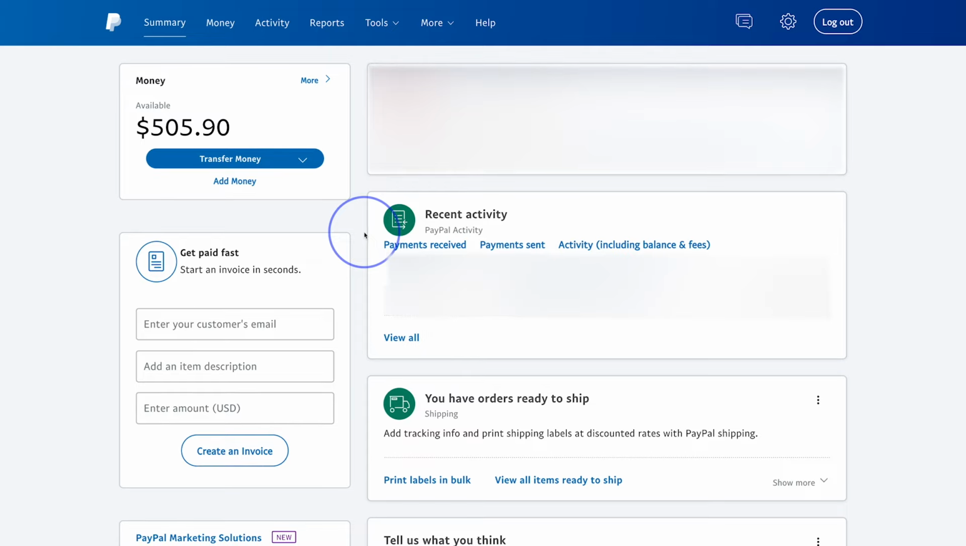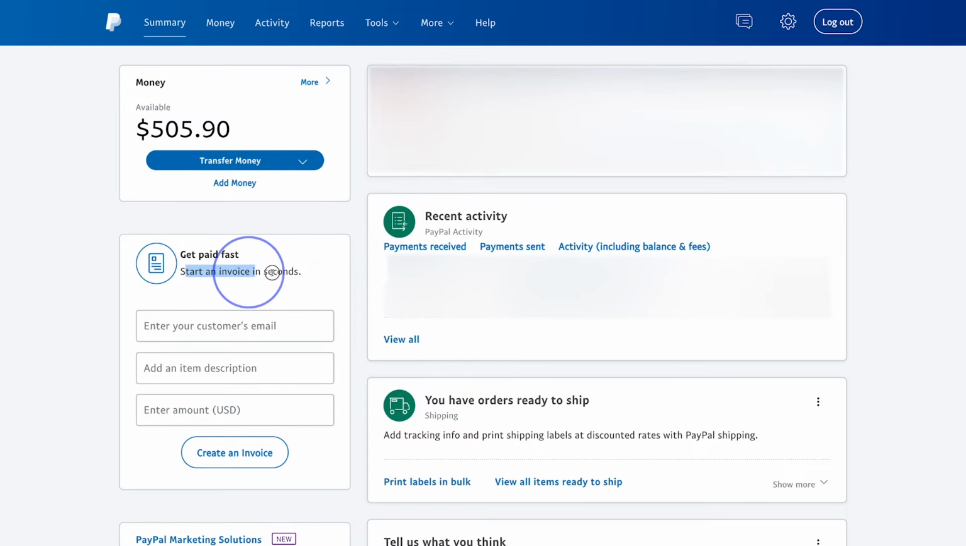But one of the useful ones inside of this is creating an invoice in seconds, which is basically putting in someone's email, like a customer's email, the description and the amount, and creating invoice, which makes it a lot easier to professionally request money from people that you've worked with, like your customers. I'll do a video dedicated to PayPal for Business, but ultimately, if you go to the Money tab here, it's